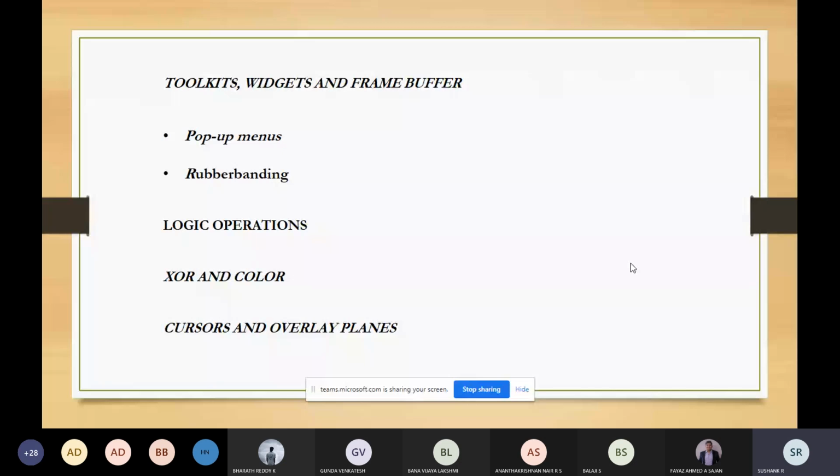when the object description is given with respect to its dimension, you can represent them by making use of parametric representation. A curve in the plane is represented with the form c of t is equal to x of t, y of t, and in space, three dimensions, x of t, y of t, z of t. So what is this x of t, y of t, z of t? They are the coordinate functions.